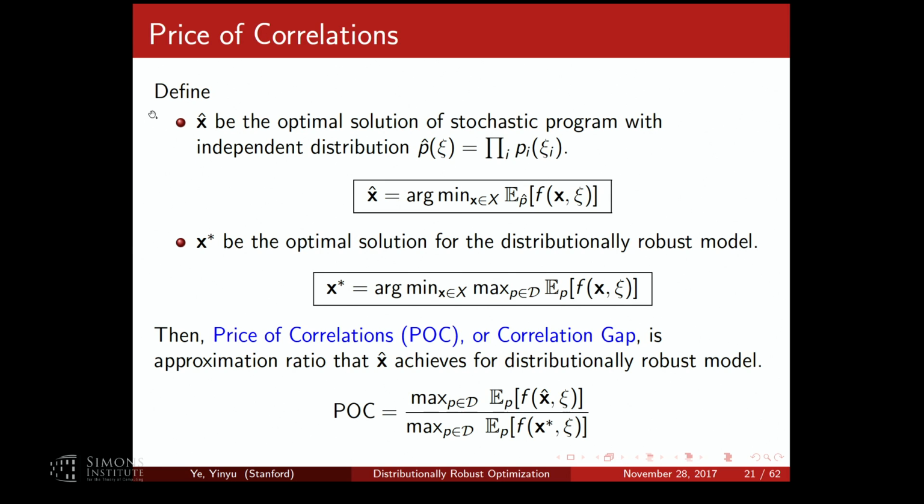So this X hat is the one only estimated with the product distribution. This is a minimize cost problem, so this number will be bigger than 1, because I restrict only to the product distribution. So how high would it be? It depends on what the objective function is. Sometimes we call this the correlation gap. Okay, it's the concept.